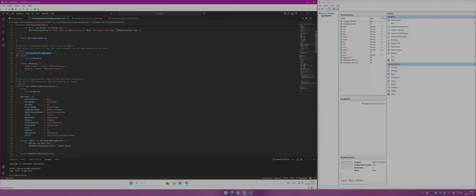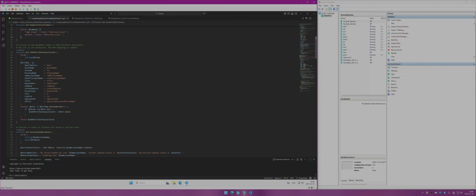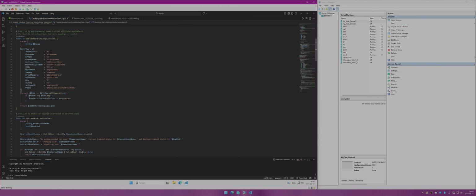I only have one here, so it's very small, but you can easily add more. It's just a switch statement. And this little thing here, I had to learn about this when I actually did the script. Because when I want to update a user, I used the replace parameter, and it actually uses the LDAP attribute equivalent of the user properties. Where I took a little bit of help of